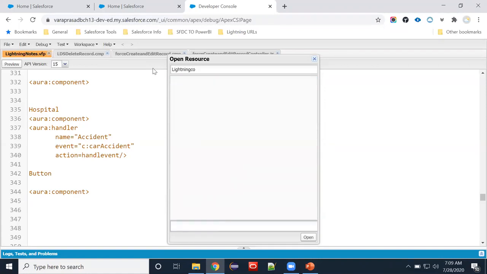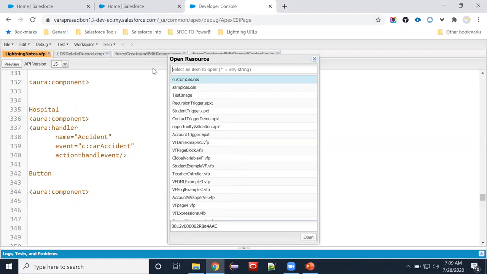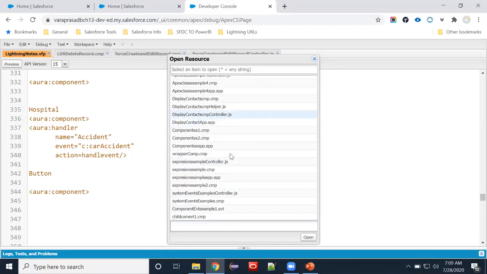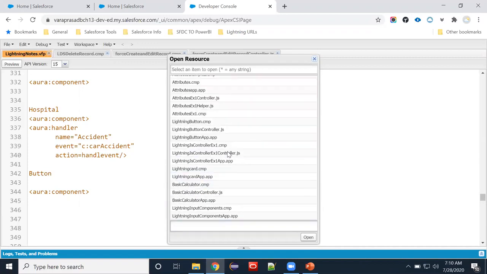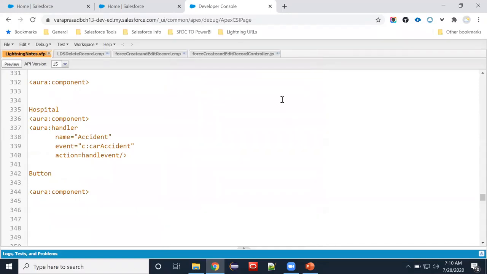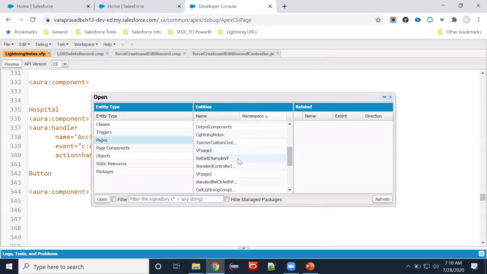Then we need to use a script. We have to use a script, right? Then in the script, what do we have to do? Lightning.use, app name, function. Exactly. So what name have we given? We have created that component, right? Anyone remember that name? VF page. What is the VF page I have given? Lightning component, right? This one, right?